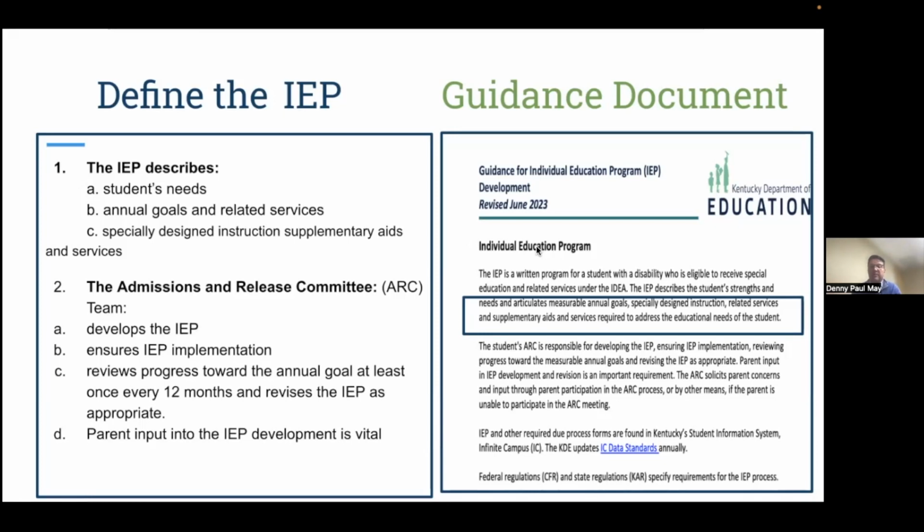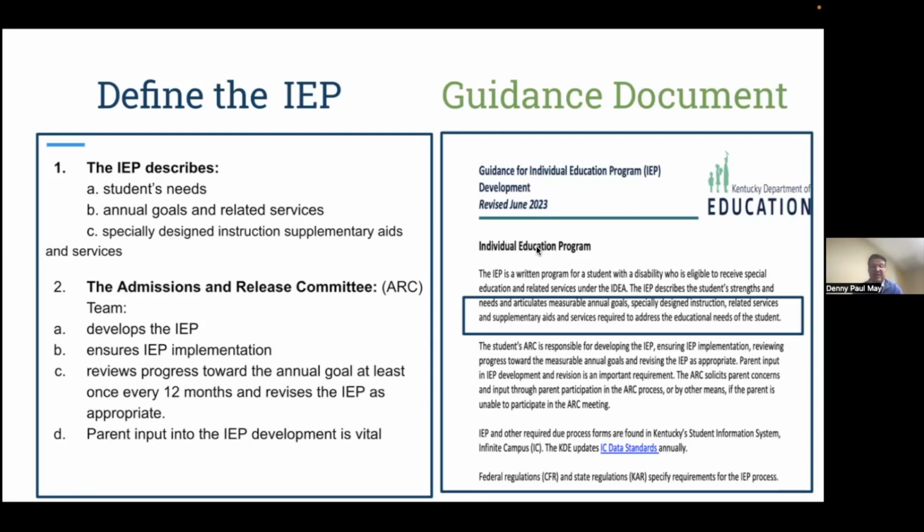But just as a way of introducing from the guidance document, you see the kinds of things that are in it. The student's ARC team is responsible for developing the IEP. There's no predetermination of things in special education. We have to come together as a team. Now, it's okay to bring a draft. And I would suggest, based on what we've learned in all of our legal presentations over the last two or three years, do not fail to say, if you bring a draft to that meeting, that this is a draft, and that you will get parent involvement, and regular ed teacher involvement, and chairperson involvement in the development, because it's supposed to be a team effort.